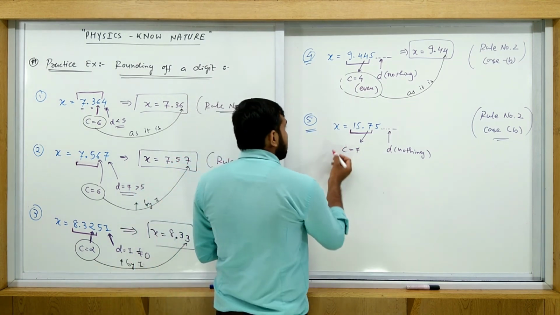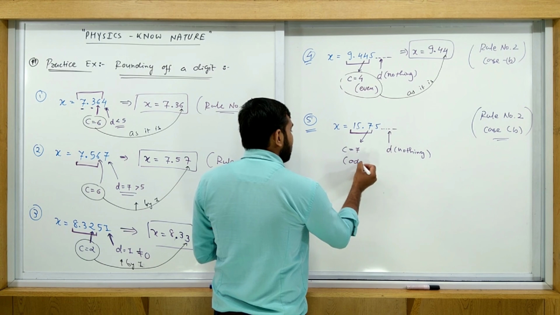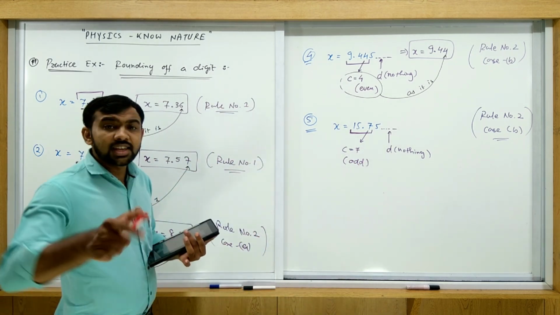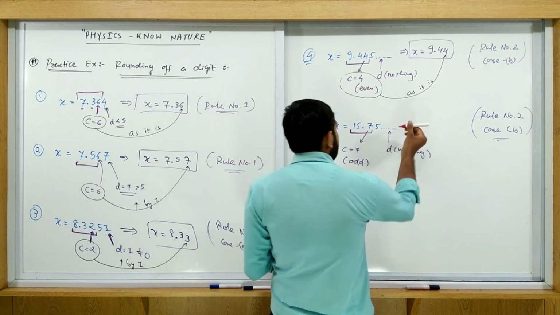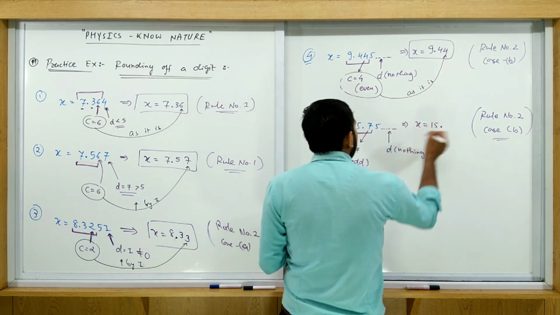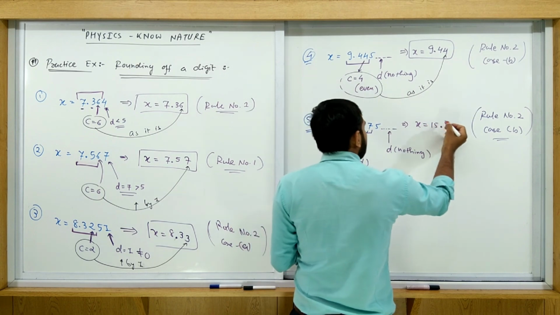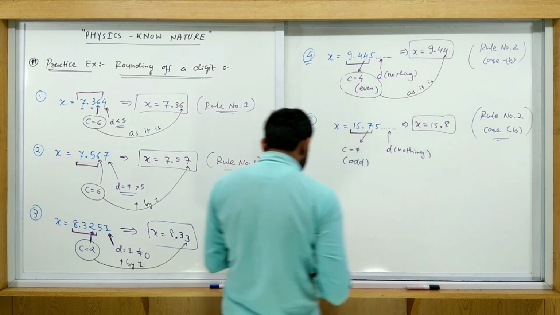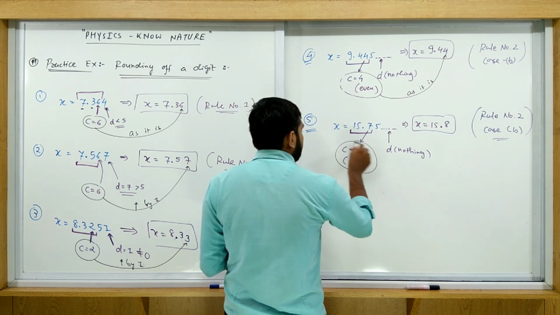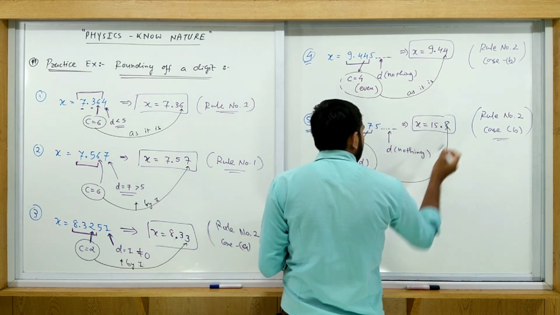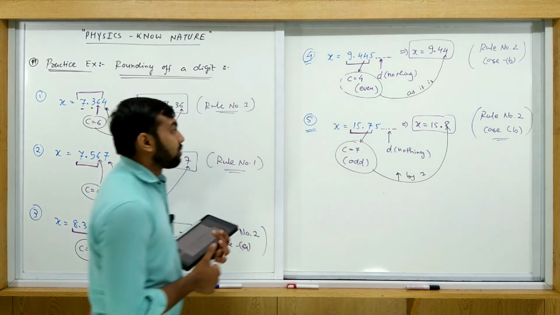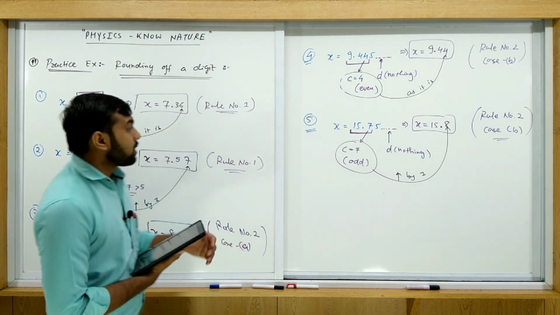Now tell me, C is equal to 7, even or odd? The answer is simple, it is an odd digit. 7 is an odd digit, so it is increased by 1. What is our answer here? The answer is X is equal to 15 as it is. Point 7 is increased by 1, it becomes 8. This is our answer. If you consider this situation, then the 7 is increased by 1. Increased by 1. Do you understand? So by using different rules, you are able to get the answer.